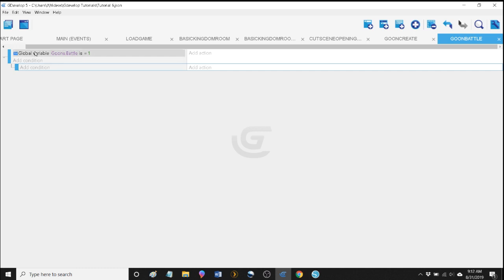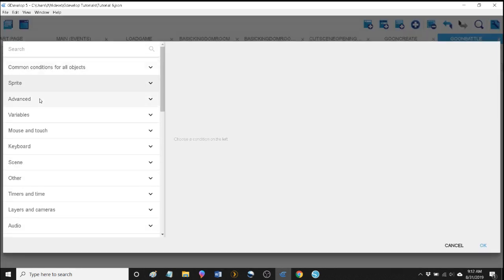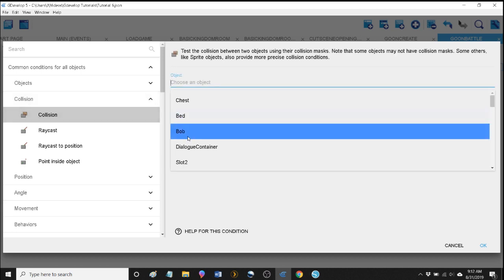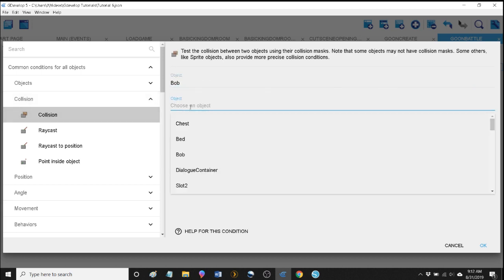The reason why we're even using a trigger variable is because we're going to have a bunch of code in here, and we don't always want to check for code if we don't have to, right? We know this. So that's why we're using a trigger variable here. So when it's equal to 1, we want to check for a couple of things, right? First thing we want to check for here is we'll start with collision, right? So when Bob is in collision with a goon,